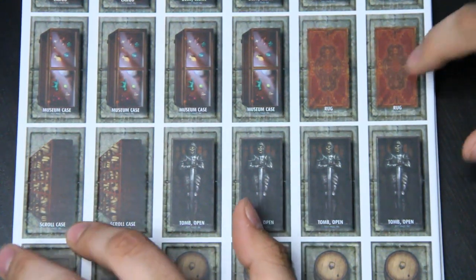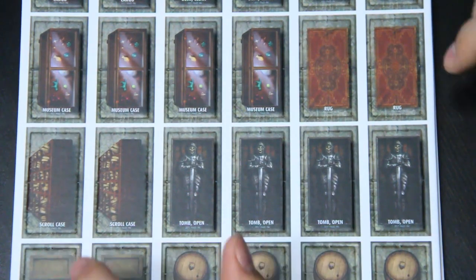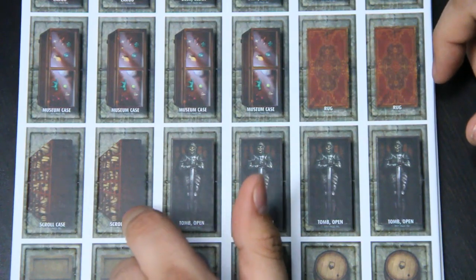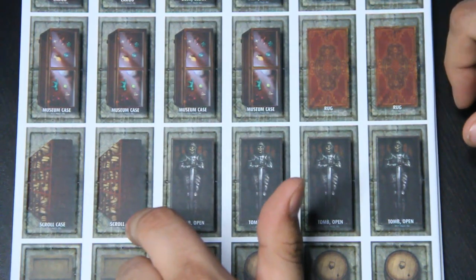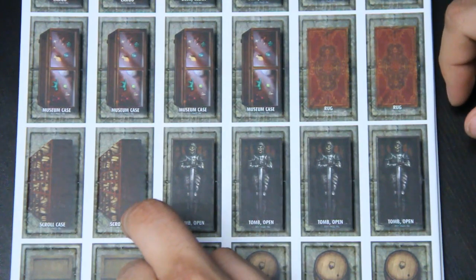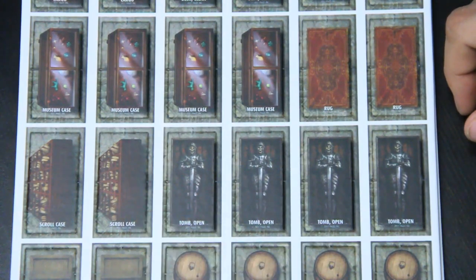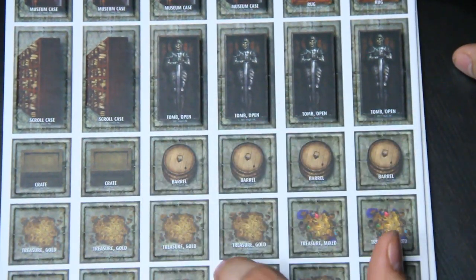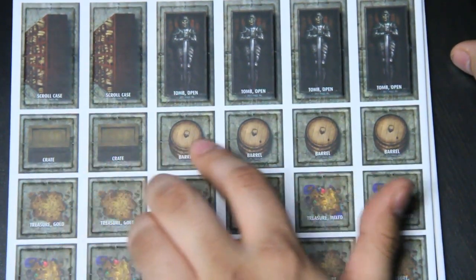When this says scroll case, I think of like a case that a scroll is in. This is a case as in like a bookcase, except for scrolls. Tons and tons and tons of scrolls. I got a wizard I know would love to find that. A few open tombs, some crates and barrels,